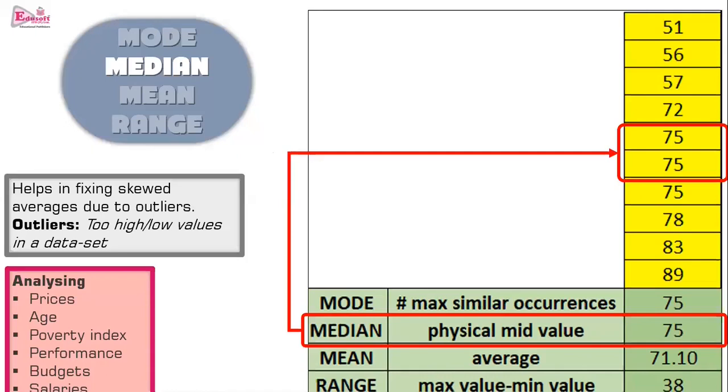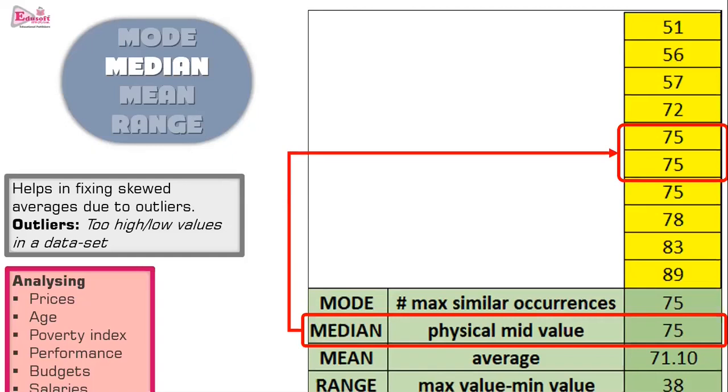5 marks of a student is very far compared to the passing marks. Passing marks could be 40. 5 marks is a big difference. So such 5 marks or 0 marks or 99, suppose that's a batch of average students and one student has got 99. That is also an outlier. So this helps in identifying the outlier values.